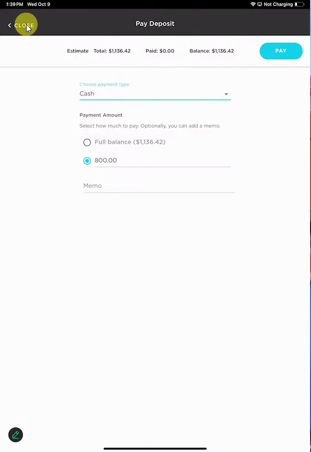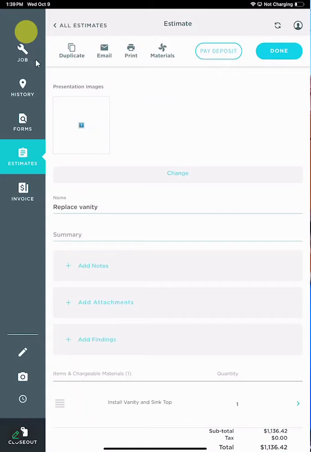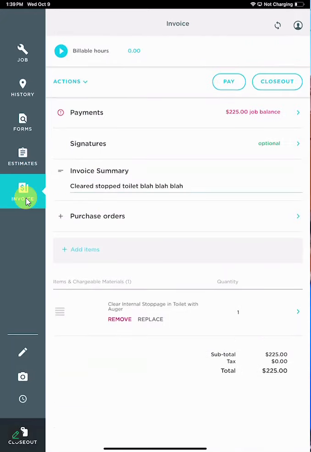But yes, if you are going to be accepting money for today's work, invoice, pay. If it is just a deposit that is to go towards an estimate for later, we go to estimates,